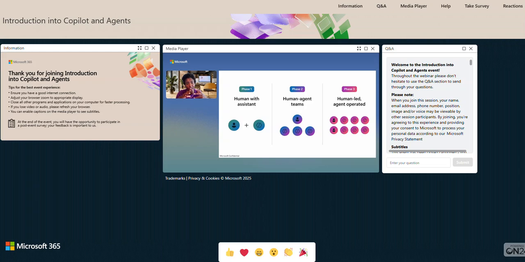And the vision around interaction with agents has three phases. The first is a human with an assistant. So every employee will have an AI assistant that helps them work better and faster. Then it grows, and everyone will have essentially mini agents, and they will be functioning like digital colleagues. They will join your team, and they will take on specific tasks at human direction. So for instance, if a researcher agent is used, it can create a go-to-market plan, or you can tell your agent to create a project status report weekly and prepare it for you to send to a set of audience every single time. And then in phase 3,